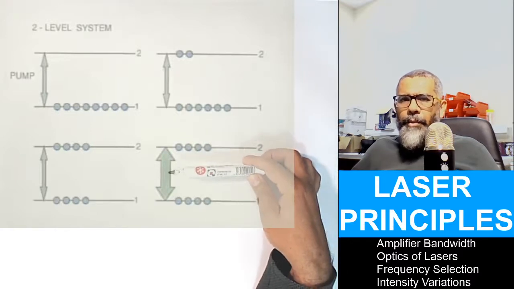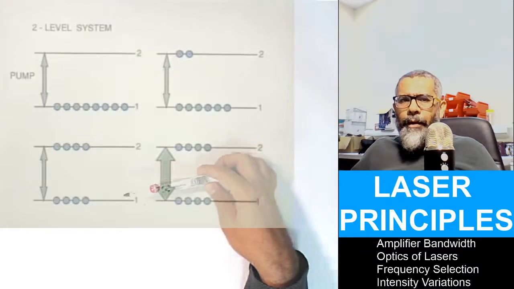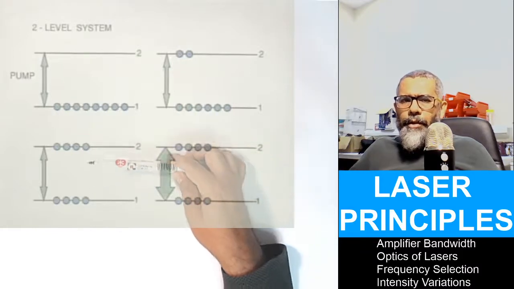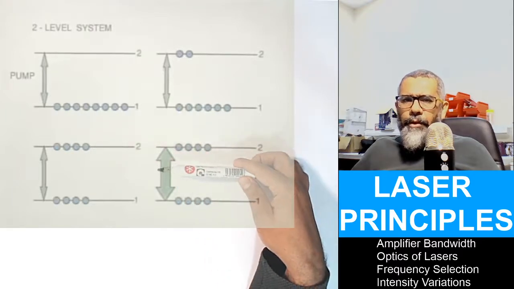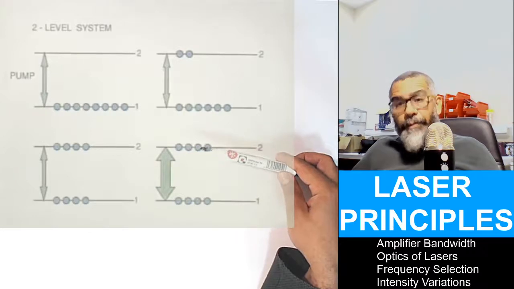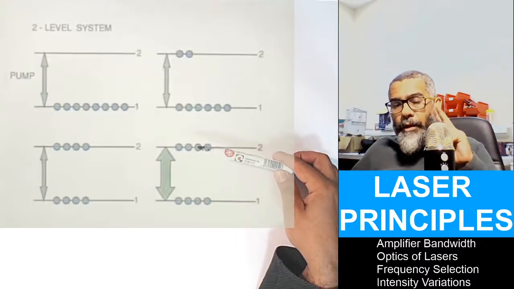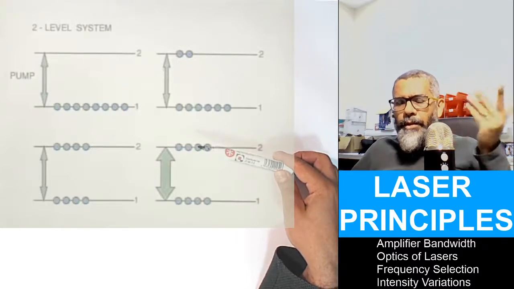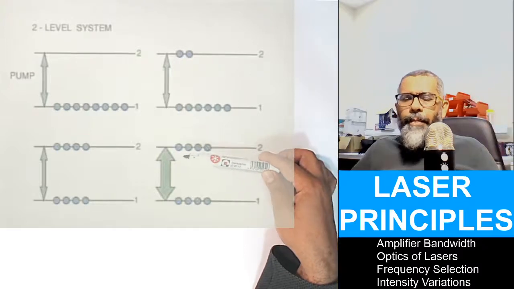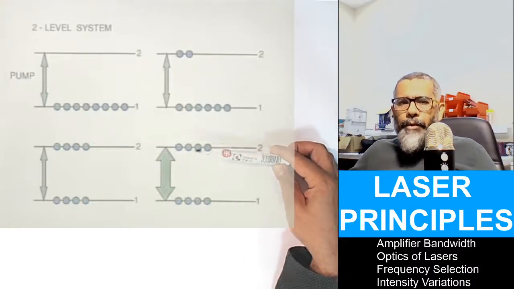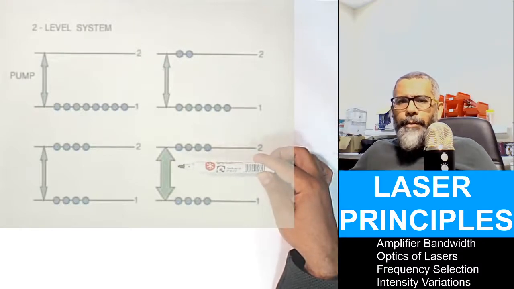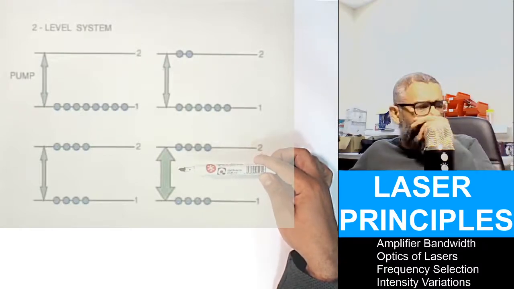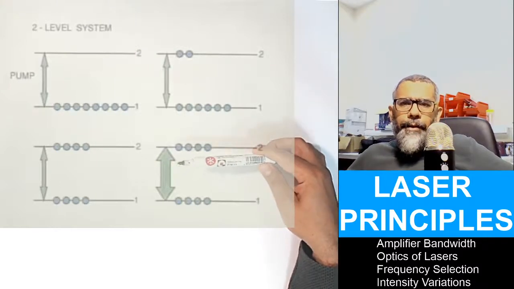Even if you provide more and more pumping after you reach this equality between the number of atoms in the excited level and the ground state level, you will see that nothing changes, if, of course, you have only a two-level atom, but in reality there is no such atom. If you have only two levels, you never reach a population inversion. Why? Because, as I said,